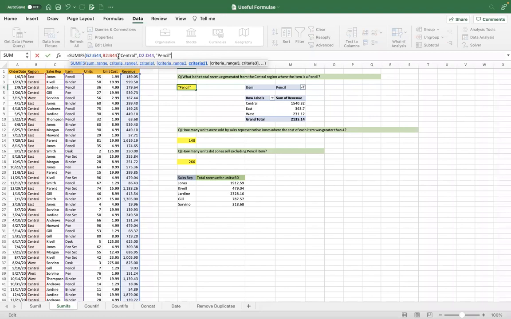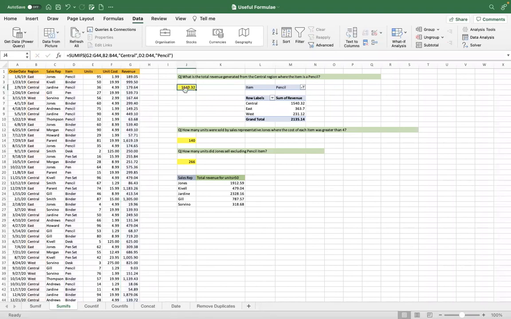Now it will check all the IF conditions. So my first is B2 to B44 and central region. From the region column, B2 to B44, I'm selecting central, and then from D2 to D44, I'm selecting pencil. So both the conditions are satisfied. Okay, and when you close the parenthesis and press enter, you will see that it has generated a revenue of